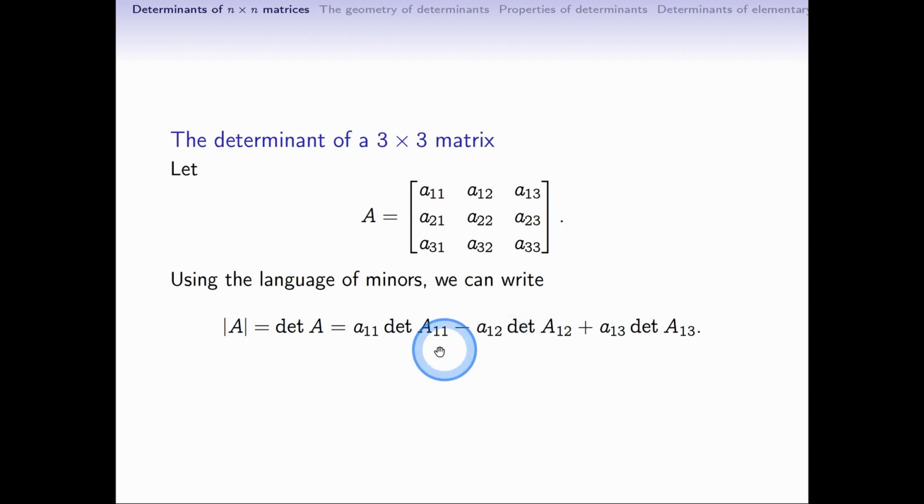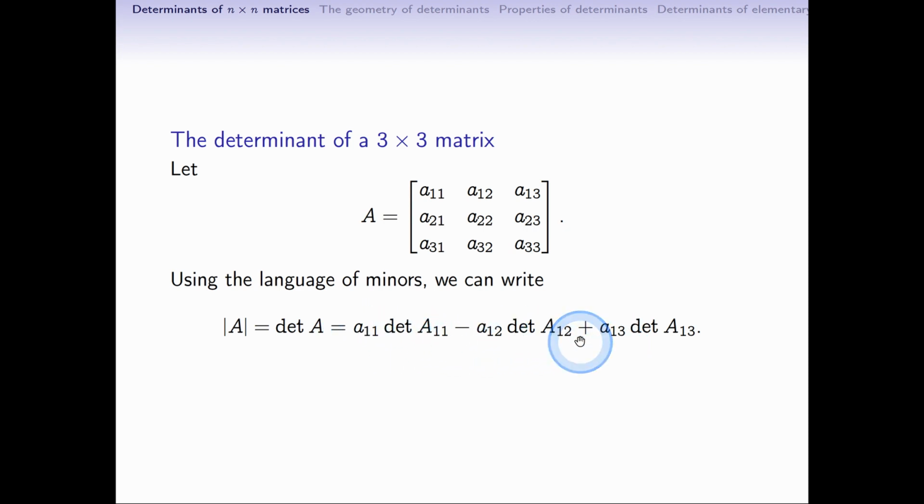And down here we would be seeing the obvious products. We'd be seeing A21 times the determinant of the minor capital A21. We would see A22 times the determinant of the minor capital A22. And down here in place of this, we would see little a23 times the determinant of the minor capital A23. Now, what would change is the signs associated with those products, because, in fact, the signs that we're seeing here